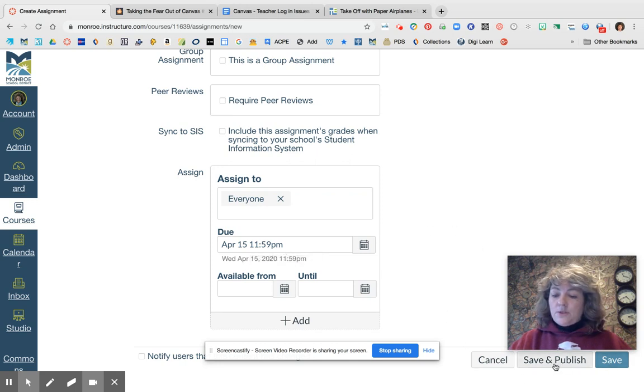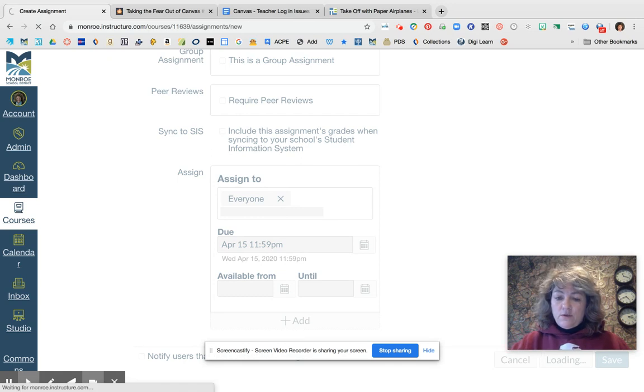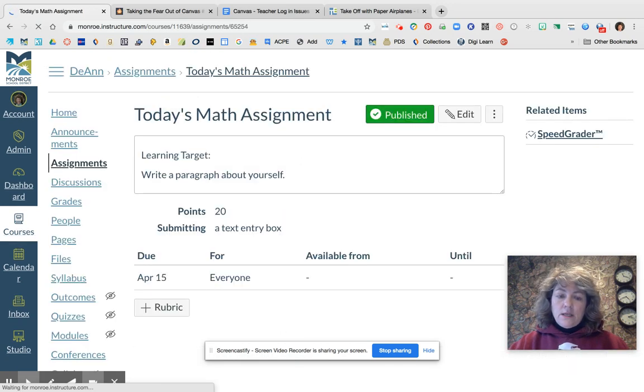So I'm going to go ahead. I have a couple of options. If I want it published right away, I can click Save and Publish, and it saves me that hassle, or I can just save it. I'm going to save and publish because I want to go in and show you from a student point of view. And again, a student can only see this if it is published. So I'm going to head home,